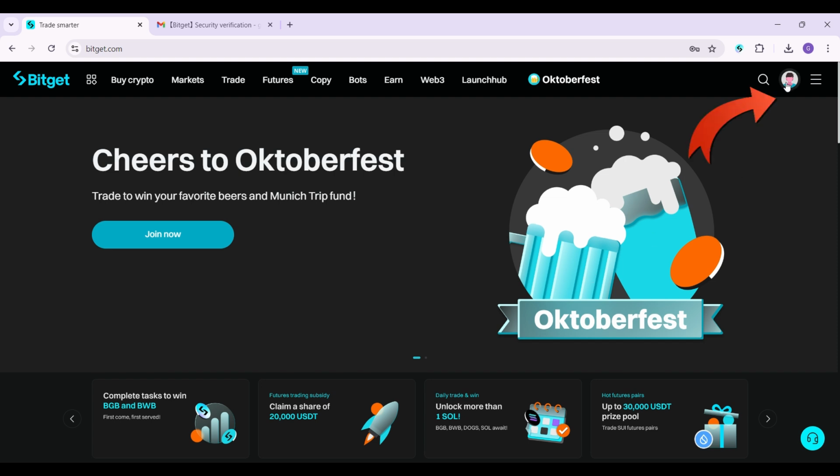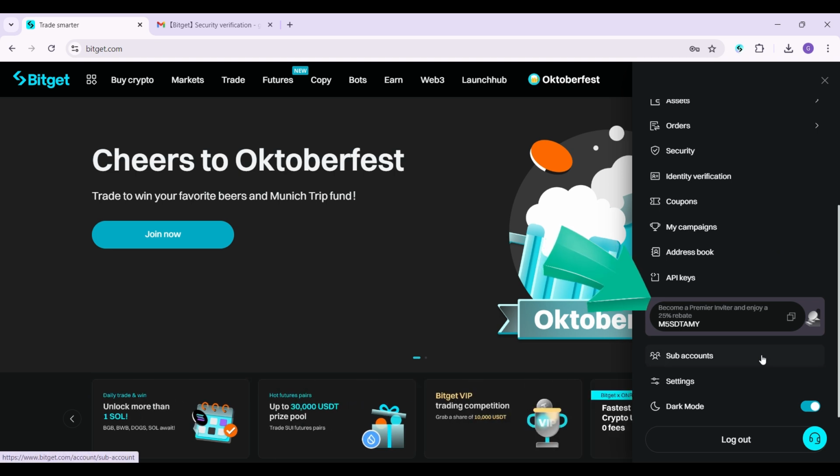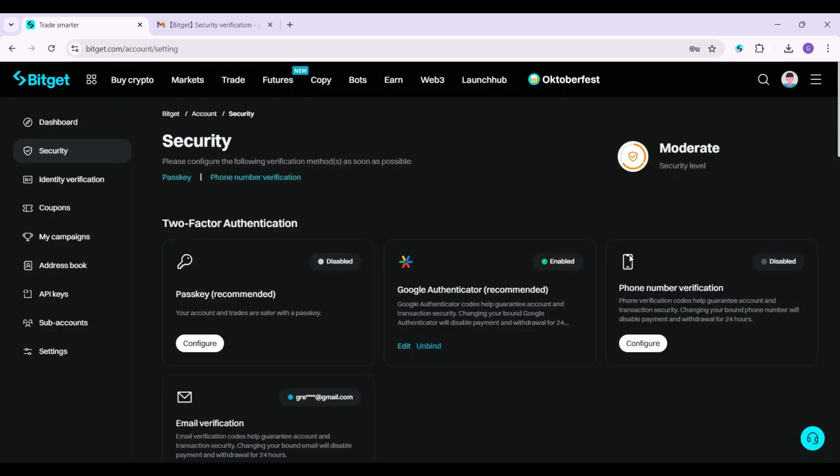At the top right, you can see the profile icon right here. Click on it right now. Once you do, these things will open up. From here, do note that there are multiple options. But no need to get confused. All you guys need to do is simply click on security, and once you do, you will be redirected to